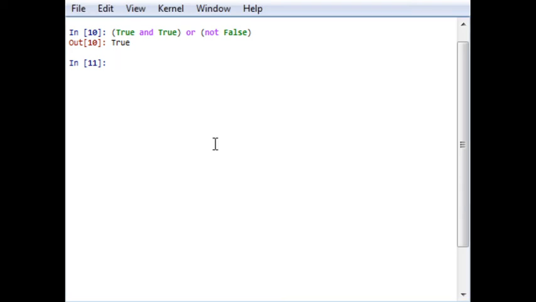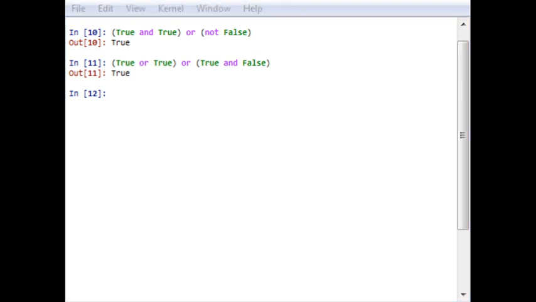For example, if I write this type of complex statement, True or True will be True, and True and False will be False. So True or False will be True. It's nothing but a 1 and 0 combination, but in Python, instead of 1 and 0, it uses True or False. I hope you are getting this. So it is important to see that the usage of parentheses enables the user to club together the logical expression in a meaningful way.